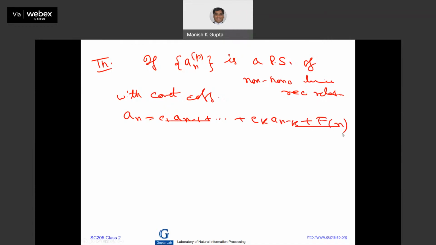So for this equation, if we have a_n^(p) as a particular solution which is satisfying the whole thing, then every solution is of the form